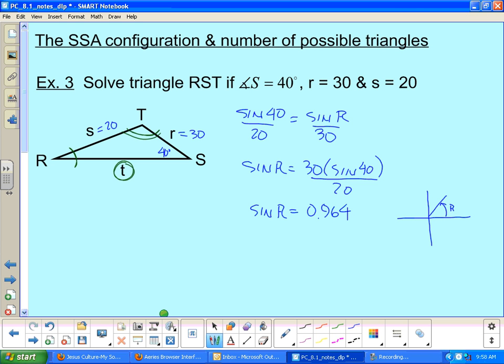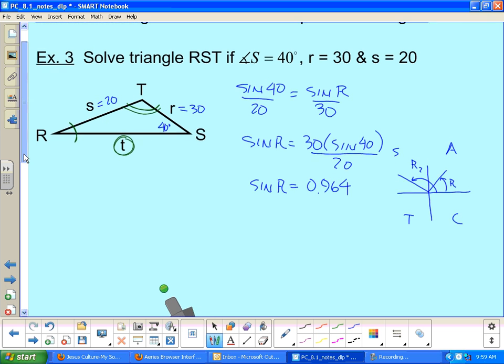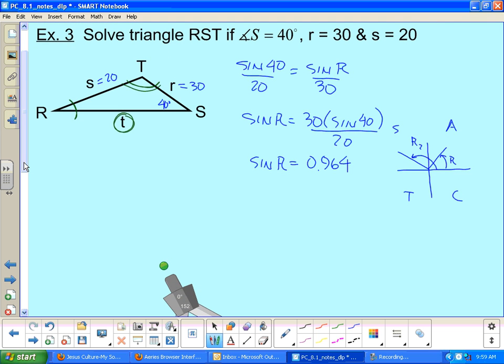There's an angle here. We'll call that one angle R1. And then there's an angle over here. We'll call that one angle R2. Because of All Students Take Calculus, I'm going to have 2 places giving me positive sine values. All right. So we go ahead and define these angles. This is where I consider the possibility of there being more than one triangle. So let's go ahead and find angle R1